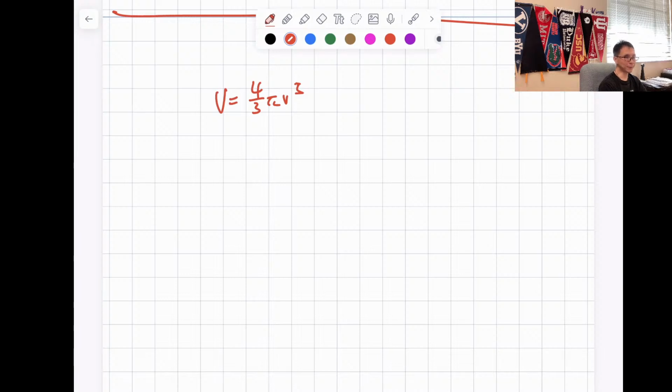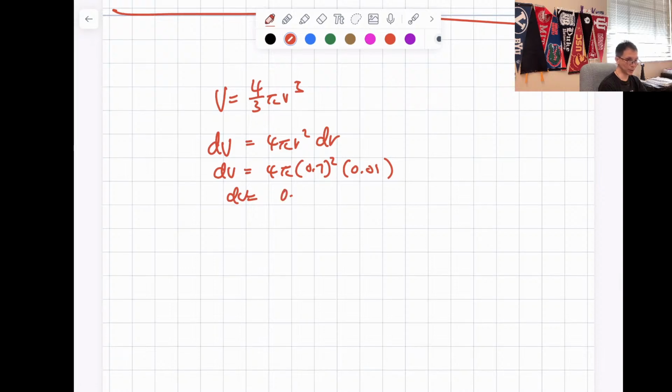Here I can take a differential, dV, which is that small change in volume. And that's equal to 4 pi r squared dr. Right? dr is the small change in r. So we have 4 pi, and this is 0.7 squared. And dr is what? 0.01. Is that okay? So that's how much the error is. The error is going to be, after working everything out,